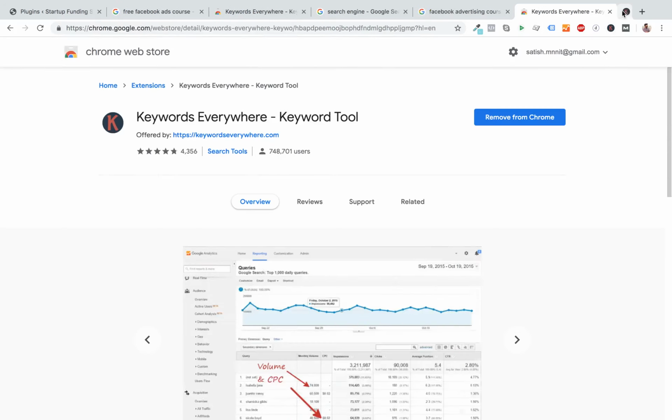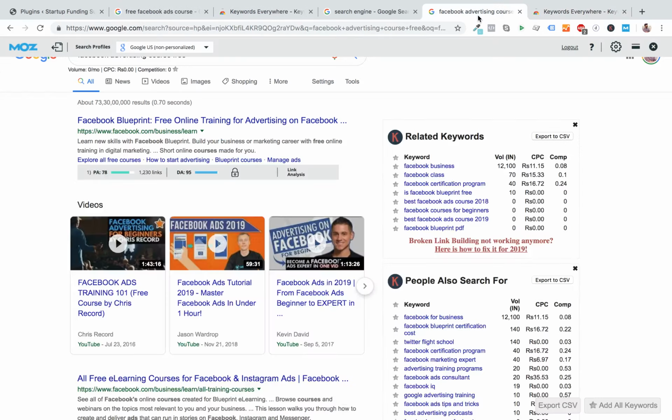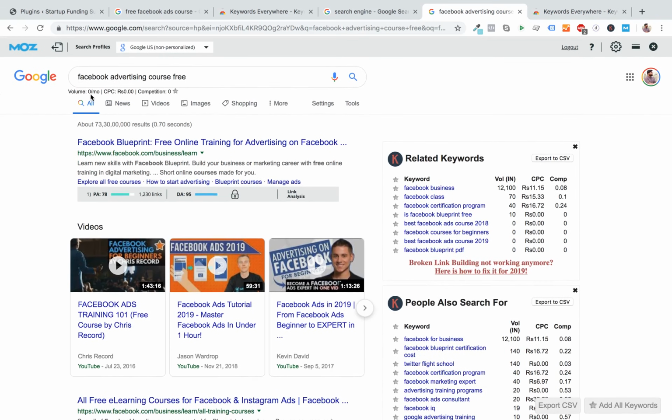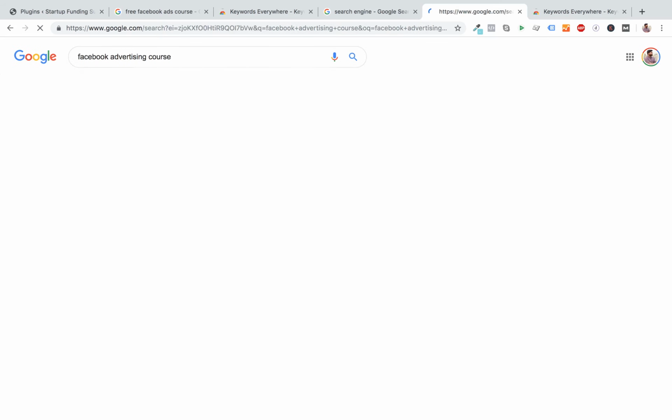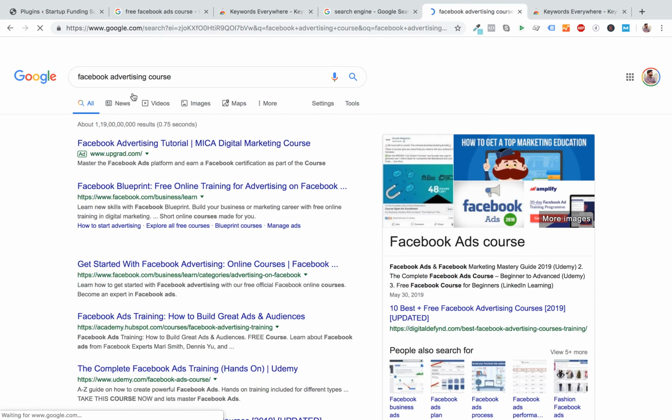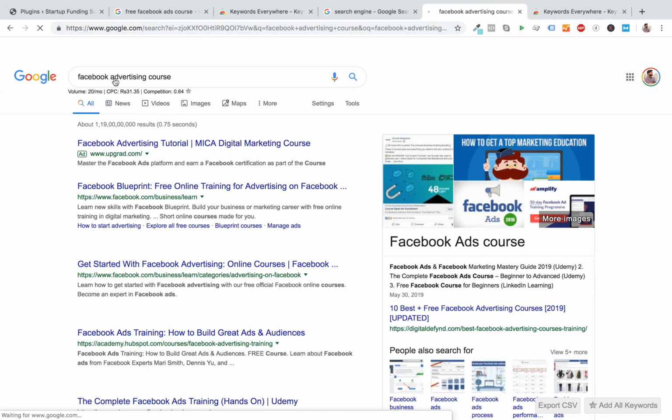So what Keywords Everywhere shows you is whenever I search for something, it shows you how much volume of searches are there for that particular phrase and what is the competition for that particular phrase, right? But if I am searching for Facebook advertising course, there are so many results that are coming. So in order to stay relevant, you need to be very, very strategic.